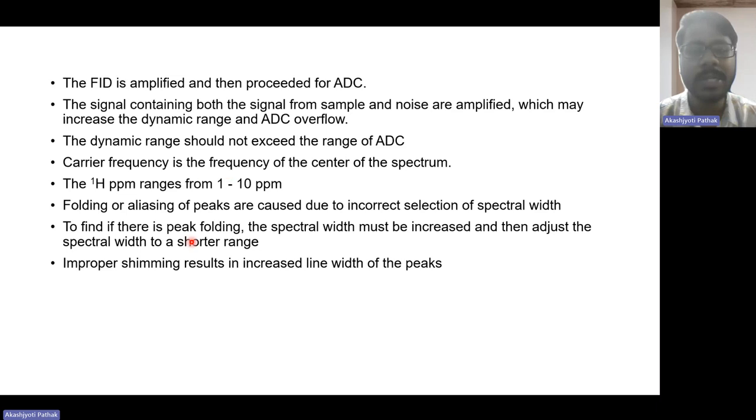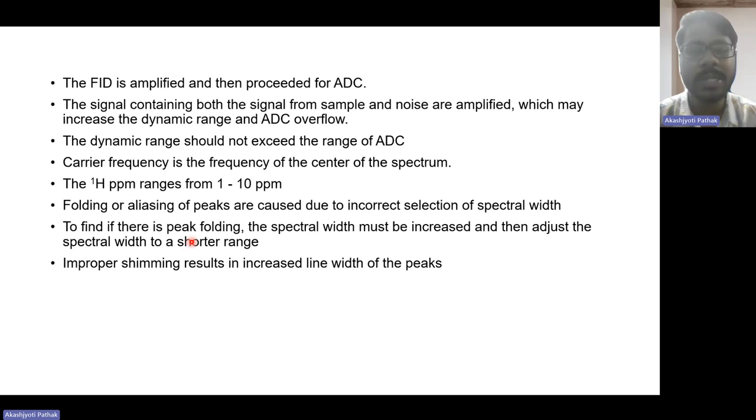Okay, so if we want to find out whether the peak that we are getting is because of peak folding, then first we will increase the spectral width, and if on increasing the spectral width we see that the peak that we were getting is not there, then we can say that this peak is coming because of peak folding,